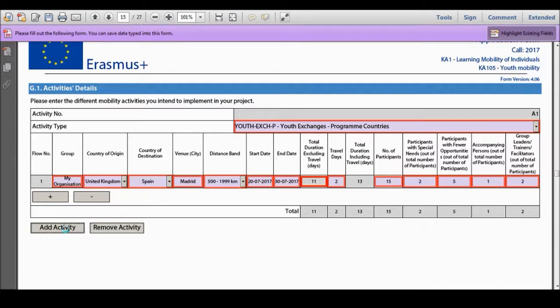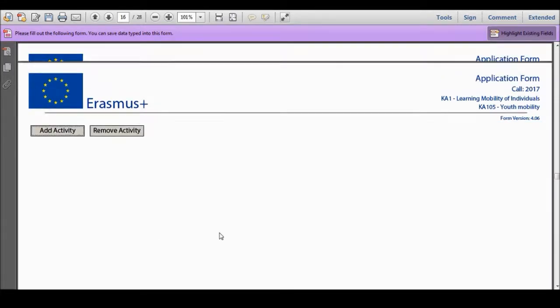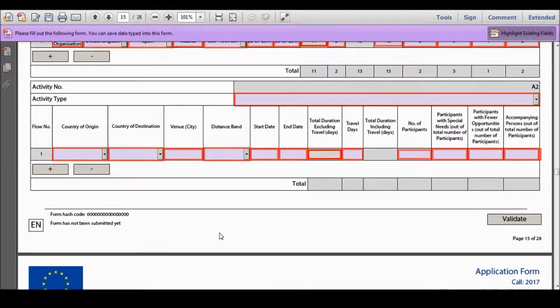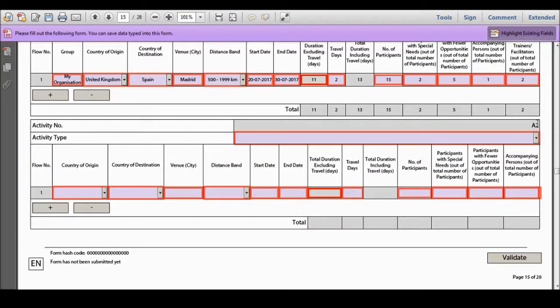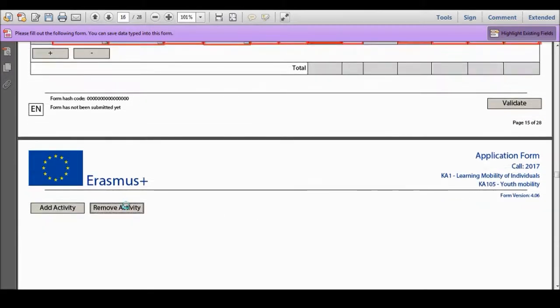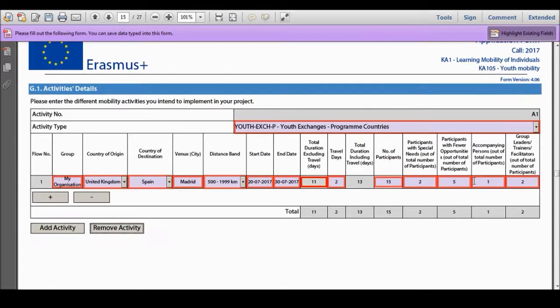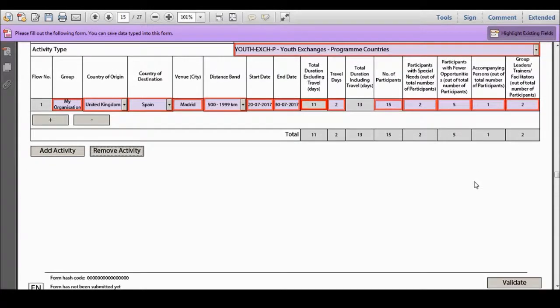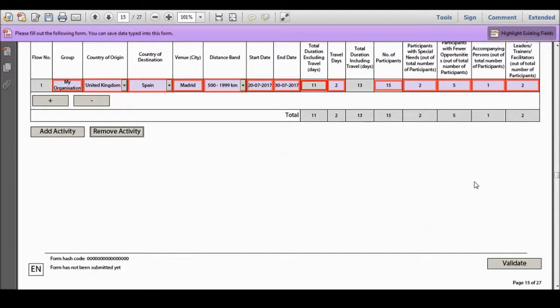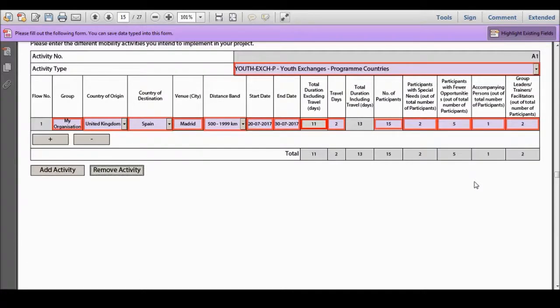So if you add a new activity, again, you will have to go back up for a bit, and you can see over here on the right hand side, A2 has been created. And now I will remove this activity. Okay, so now that we have seen how to do this section,